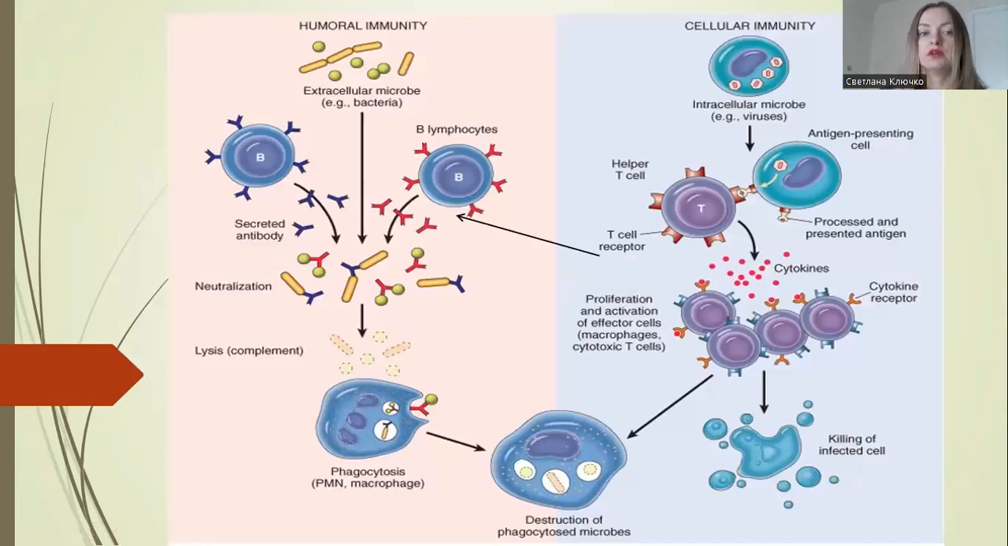You can compare the mechanism of humoral immunity with cellular immunity. Humoral immunity develops against extracellular microbes, for example, bacteria. You can see B cells. B cells have a B cell receptor. The receptor is an immunoglobulin. Antigens bind to this receptor, then this